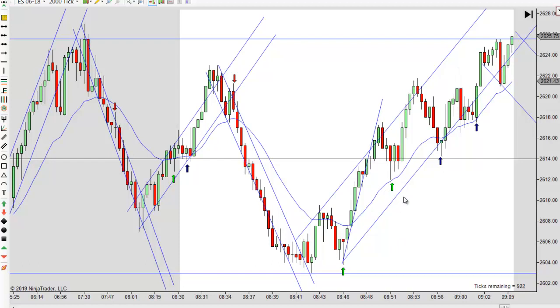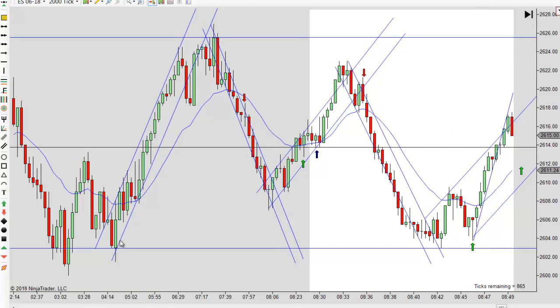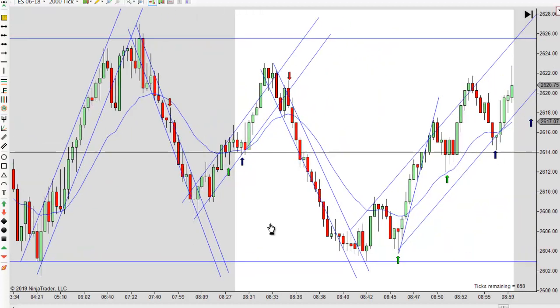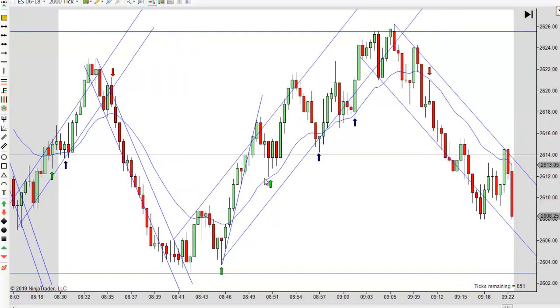But the reason I like this one is because this is really all one move right here. Even though you got that little double jog and you've really got a failed second entry short there, on a little bit larger chart, that's going to be one move down and then a second one, and it's bouncing right off the EMA. And so it's similar to a failed second entry short. Plus, we just came off the lows, and at this point we'd still been coming from highs to lows and highs to lows, and so it was time for us to go test the highs. So I was really looking for another possible leg up,